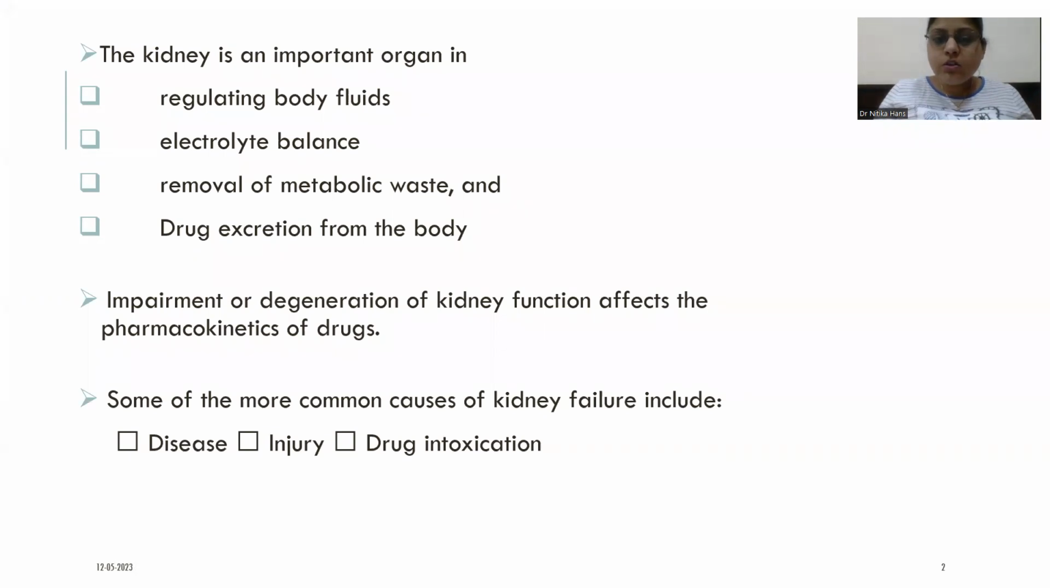Impairment or degeneration of kidney function affects the pharmacokinetics of the drug. Whenever there is impairment or degeneration of kidney function, it affects the pharmacokinetics as well as the pharmacodynamics of the drug. Some of the most common causes of kidney failure include